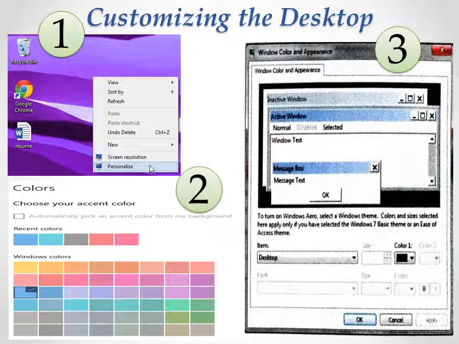After that, click on the drop down arrow at the item list box and select the active title bar option from the list which is appearing. And now you need to click on the color list box and select any color of your choice, and click on the font list box also, change the font settings and click OK, and finally click on the apply button. So whatever appearance, color and settings you would like your screen to have, it would appear. And finally, click OK, and the desired color and desired texture would appear.